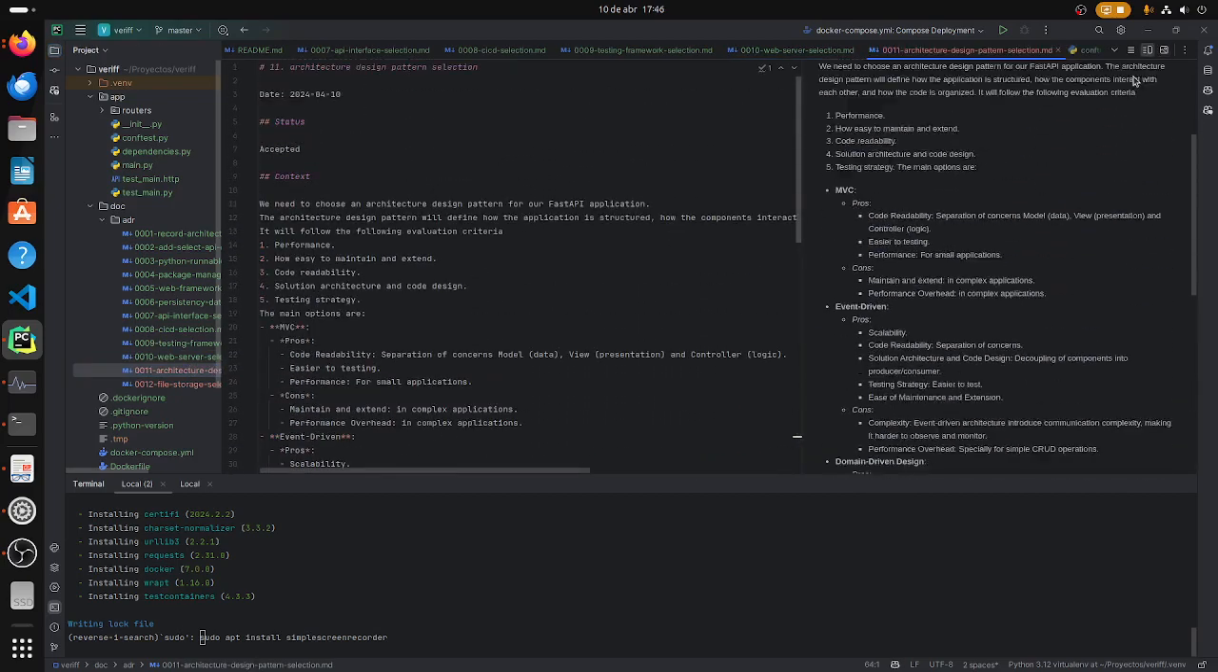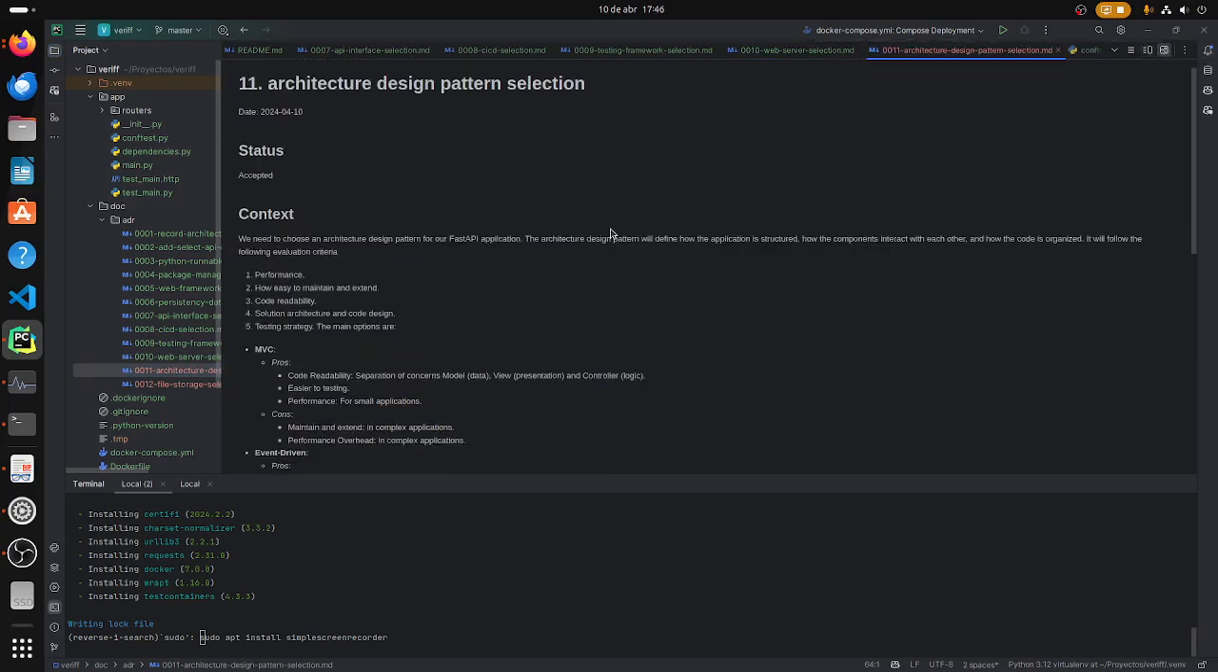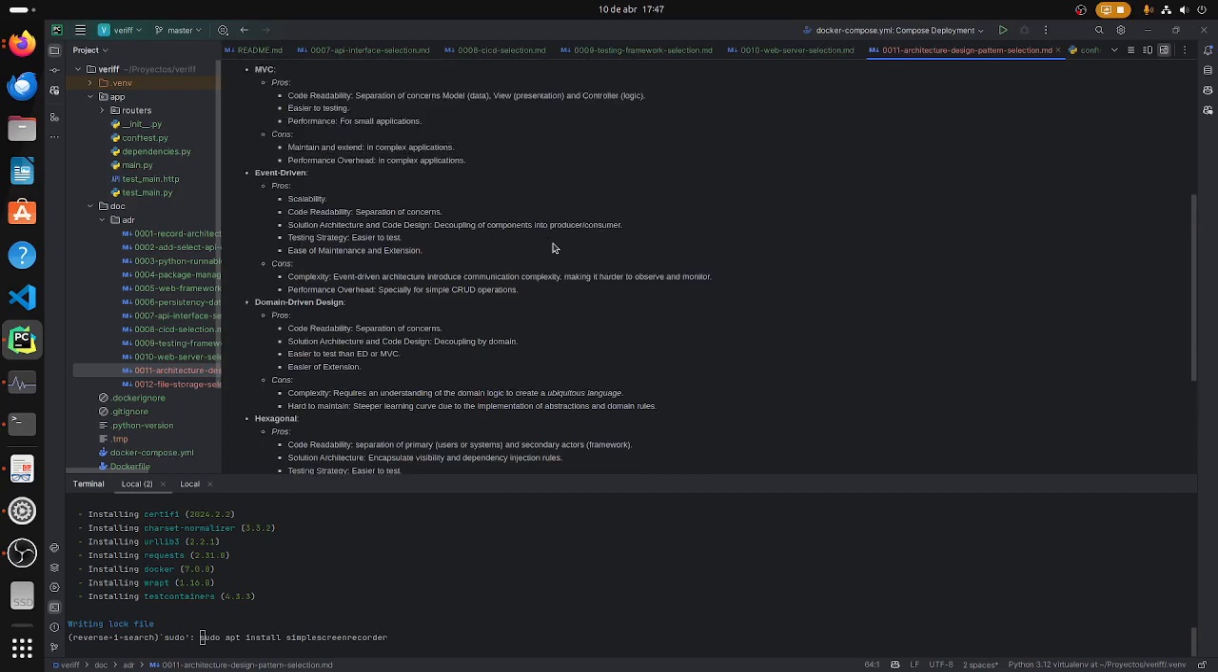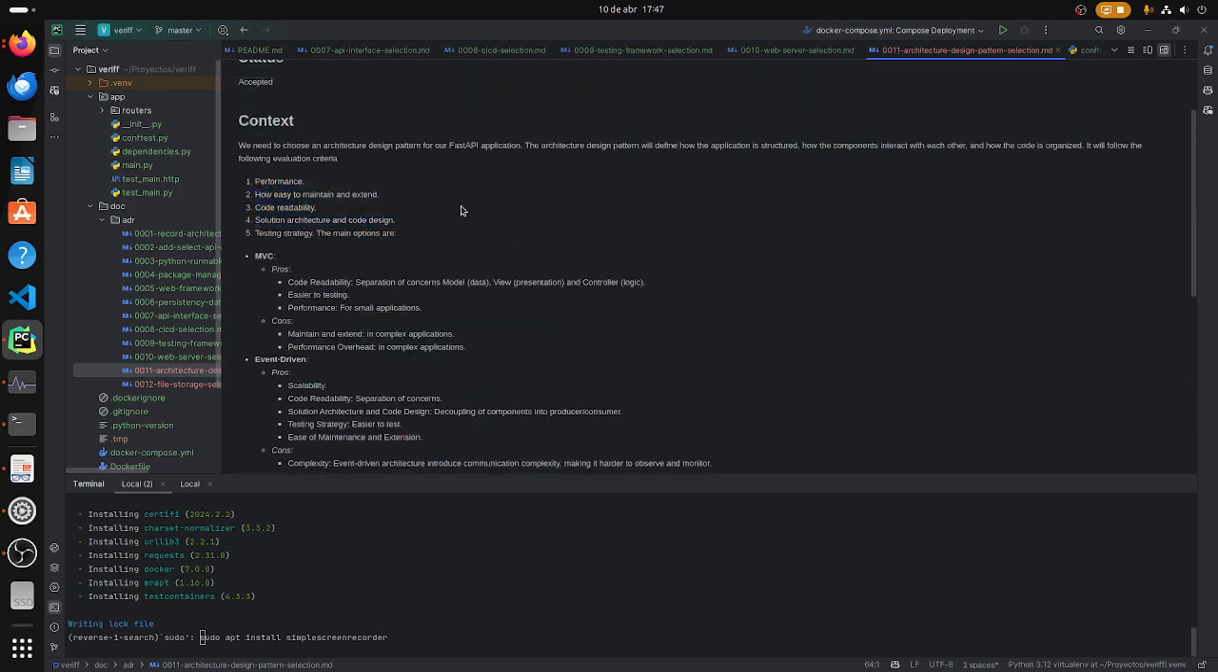The architecture design, I think that I need to write this ADR because I decided to use FastAPI, and FastAPI is not an opinionated framework. It gives some guidelines, but it doesn't enforce a particular architecture. For example, Django pushes you to use the MVC pattern. So I basically evaluated the three options, well, four, I think, using the evaluation criteria. MVC,